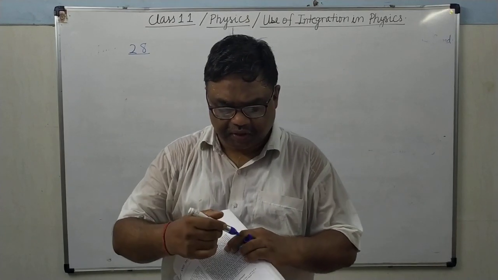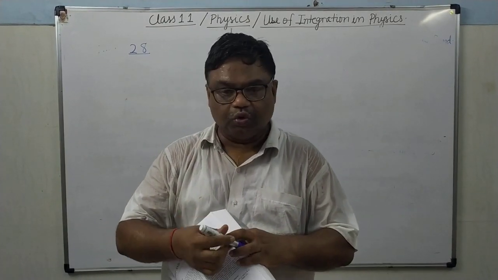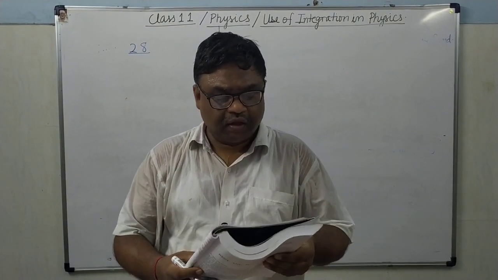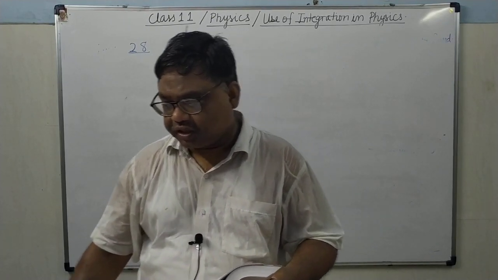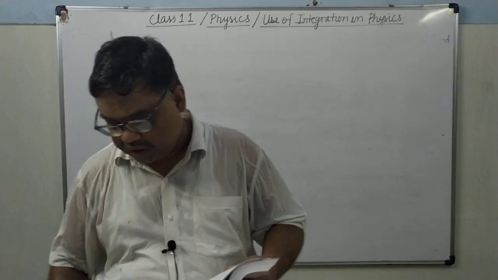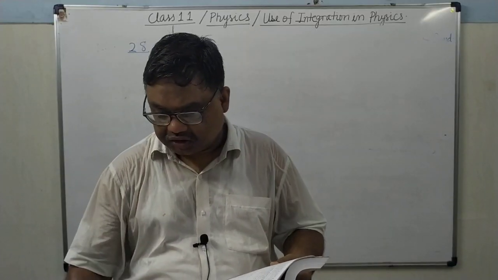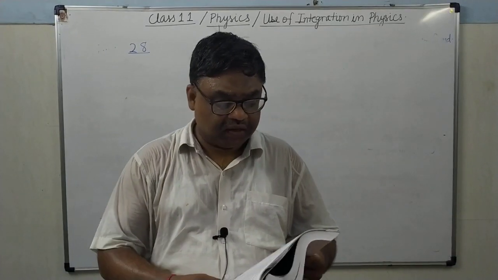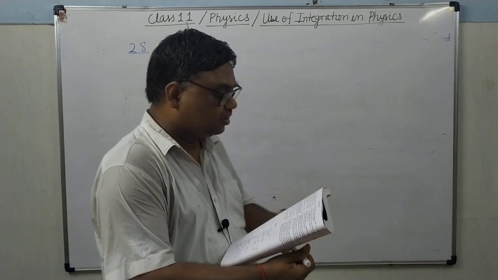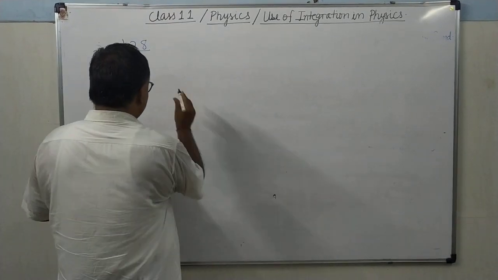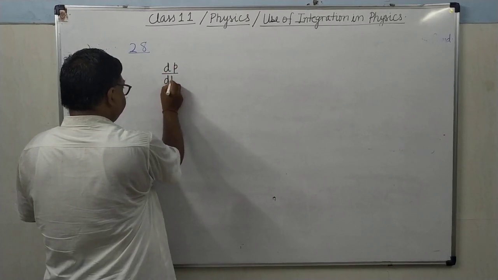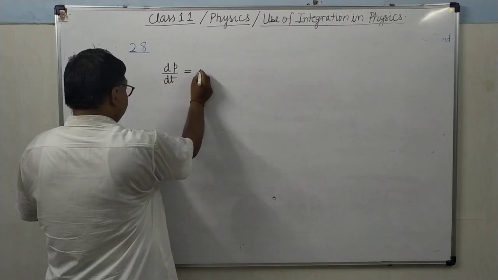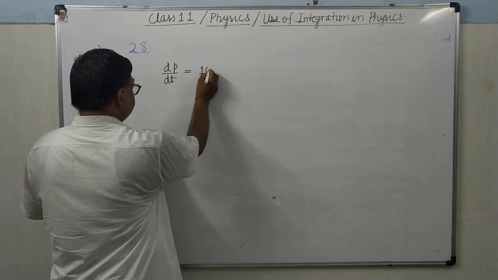The momentum p of a particle changes with time t according to the relation dp/dt equals 10 Newton